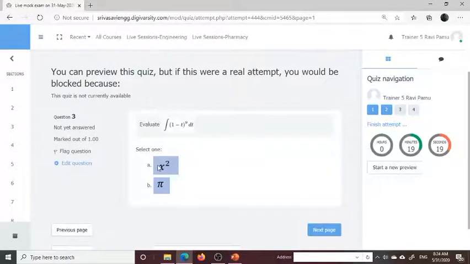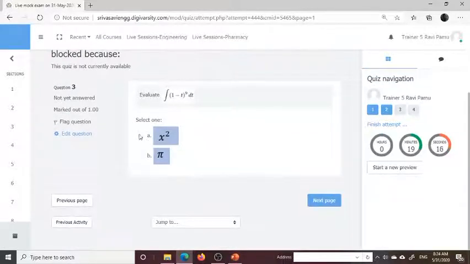I didn't put exact answers, but I'm just clicking next page. See, this is the third question. The third question is also there. See, the time left and elapsed time are shown here. Okay, now see how many questions I attempted. How many questions? 2 questions, in page 1.